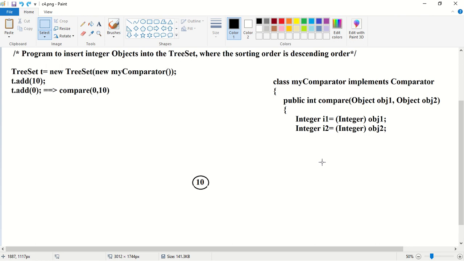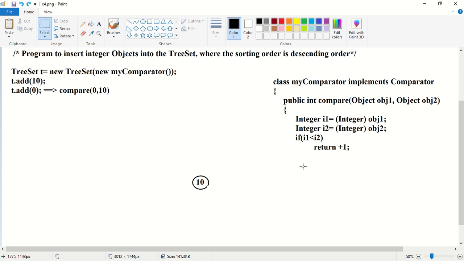Next, I should compare the i1 value and the i2 value. That is, if i1 is less than i2, if the given number is less than the already existing number, what should I do? I should place this number after that value. After means positive. Positive means right hand side. Okay, if i1 < i2, return a positive number.